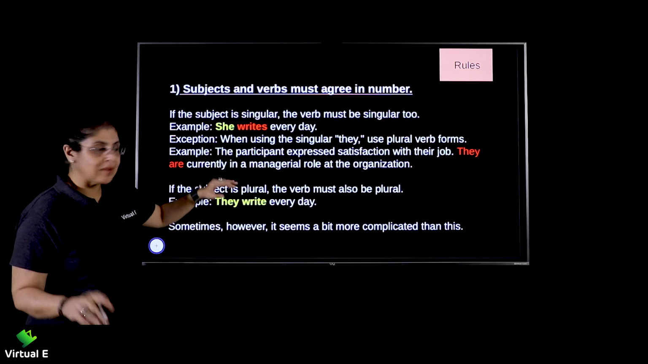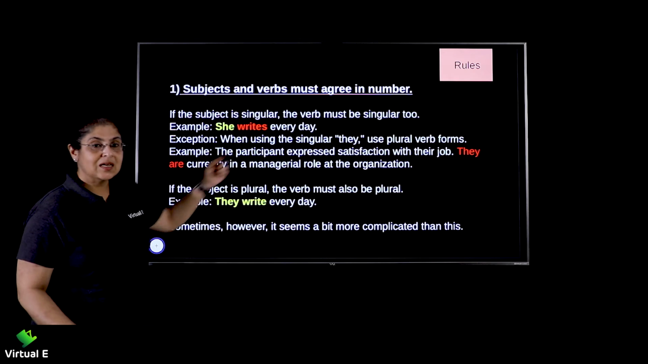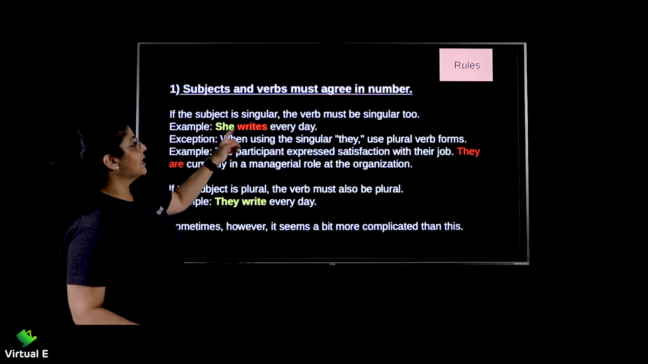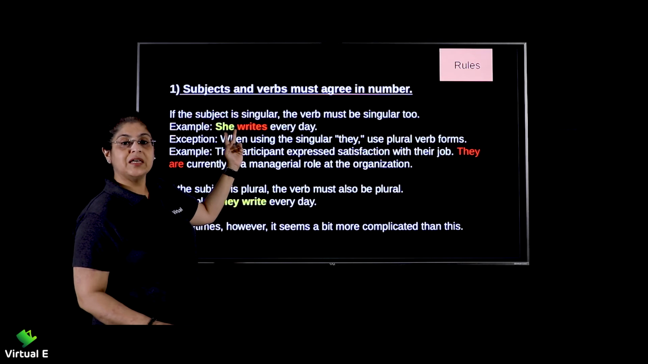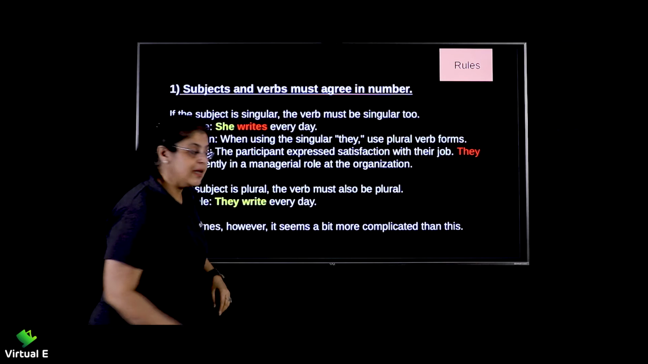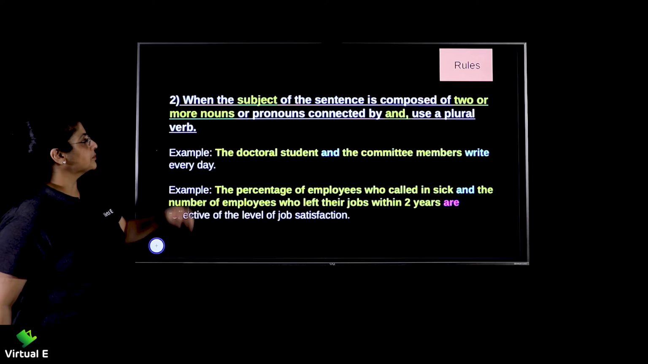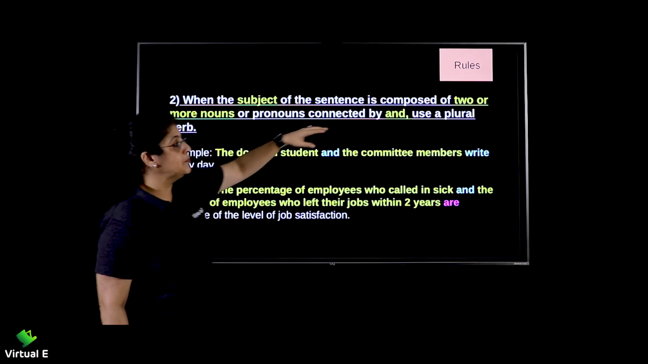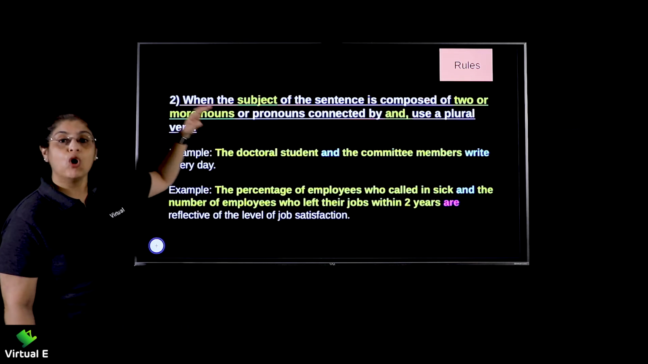So, let's just remember this. She writes, they write. That's it. You have to just remember subjects and the verb must agree in number. Do you see this? They are agreeing in number. That's your first rule. Moving further, when the subject of the sentence is composed of two or more nouns or